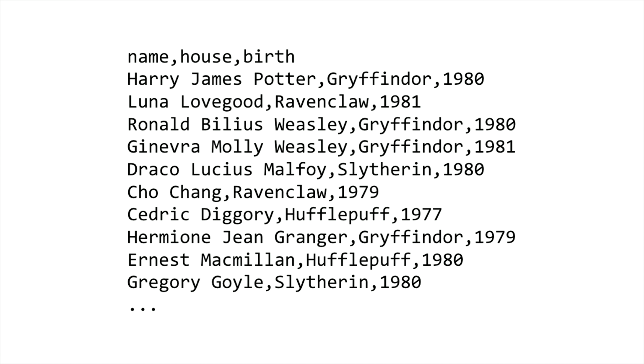In houses, your task is going to be to create and use a SQLite database that is going to maintain information about all of the students in the Harry Potter universe, as well as what Hogwarts house they happen to be in. We will provide to you a CSV file of all of the students, where this CSV file is going to contain 3 columns: name, house, and birth, where name is going to be the student's full name, so Harry James Potter or Luna Lovegood. House is going to represent which Hogwarts house that student belongs to, and birth is going to represent that particular